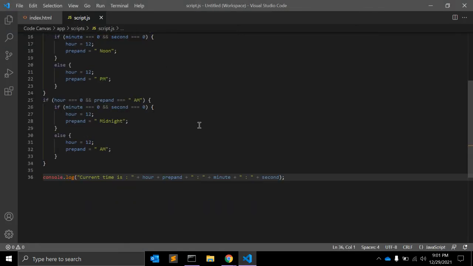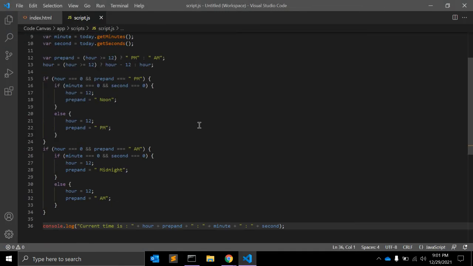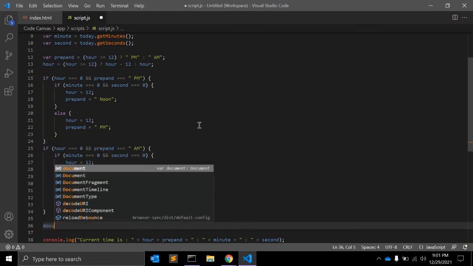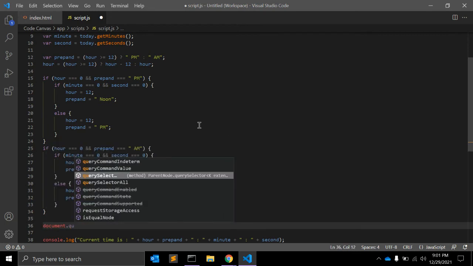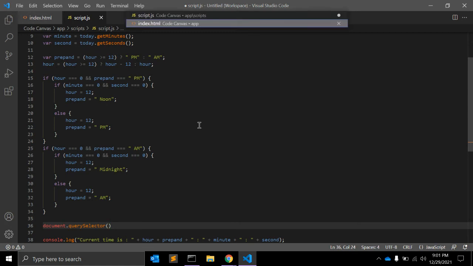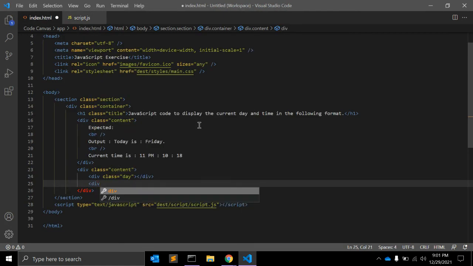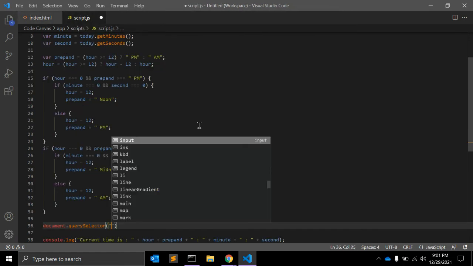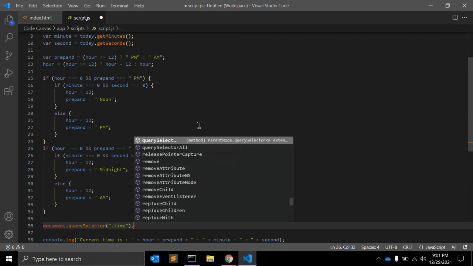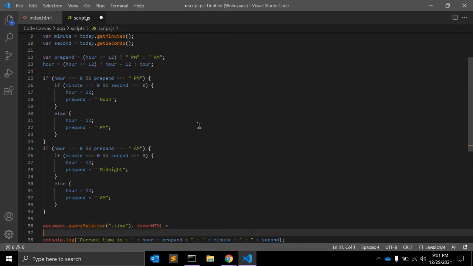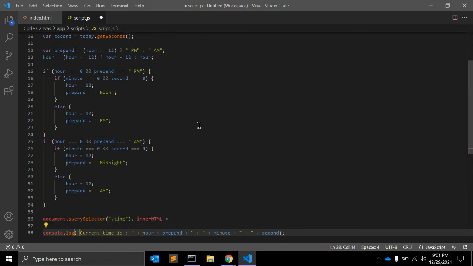So this looks fine, and we can add this to the HTML with document.querySelector. We need to add one more div here, with class time, for example, and here we can select .time, dot innerHTML is equal to the string with the dynamic value.